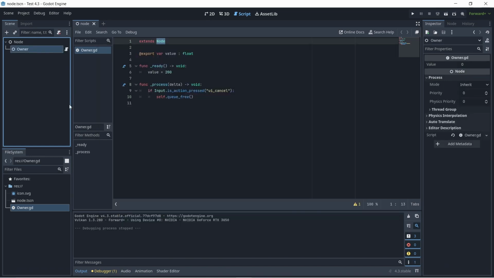What about having a script like this in a class that is not a node? And of course, that is what will first happen, which might create a bit of confusion at the start. So let's create another class, and of course, because it's not a node, it's not part of the scene tree,